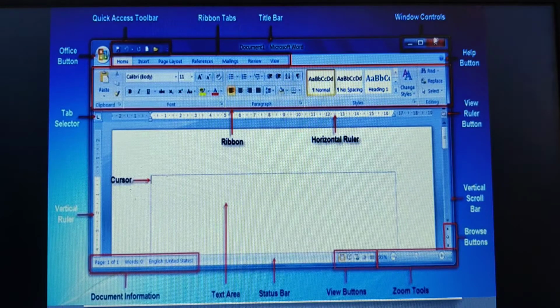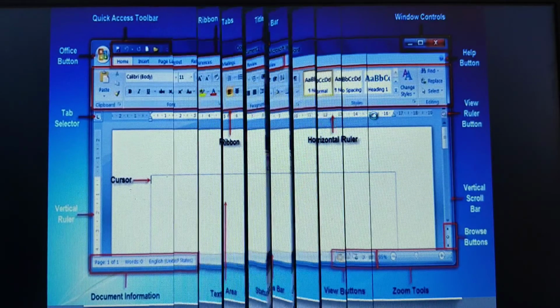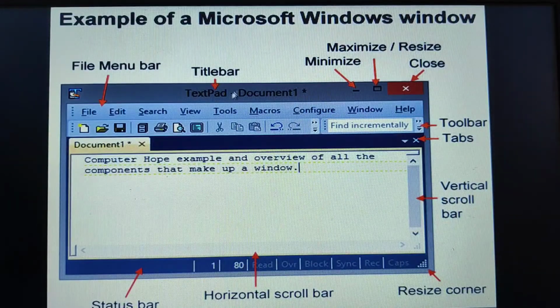By placing the mouse pointer, we have different options in the title bar. That is, we can minimize, maximize and close. So the title bar gives you the details of the file saved and the name of the application software we are working in. By placing the mouse pointer onto the title bar, we get different options where you can move the screen, minimize, maximize and even close the document. Here you can get a clear picture, right?